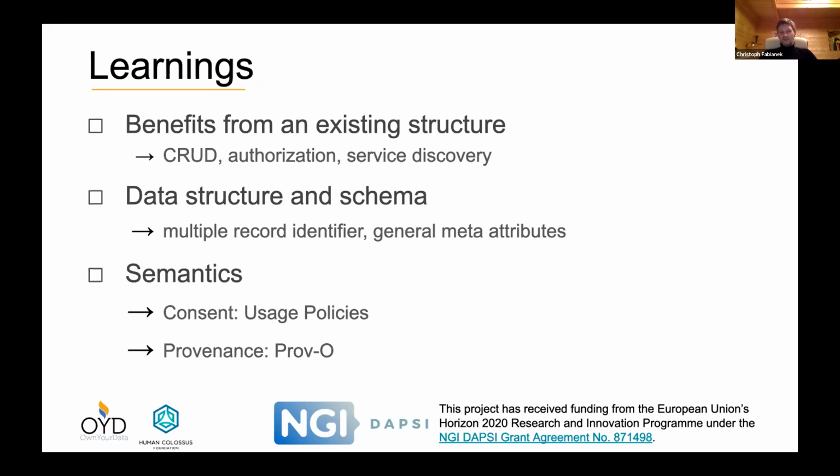And another thing is, of course, provenance. How do you document what steps your data have already taken, and can you make this interchangeable? I think it's a very good start that we have already done with CEPS, but the longer I work on these topics, the more questions come up, and there are still quite a lot of open topics that we need to solve, but this is actually the nice part of it.